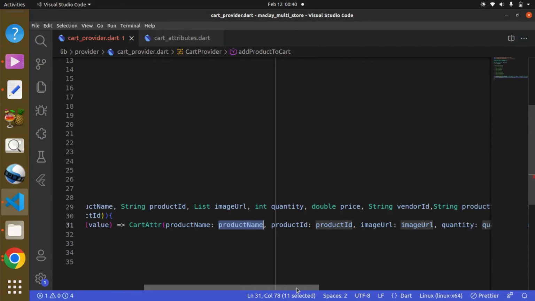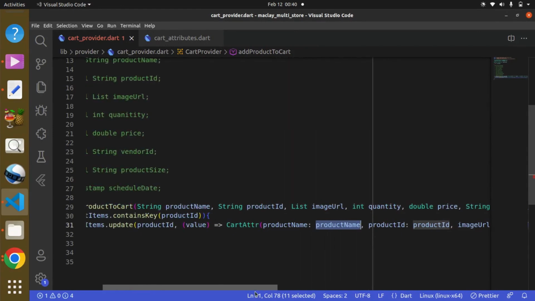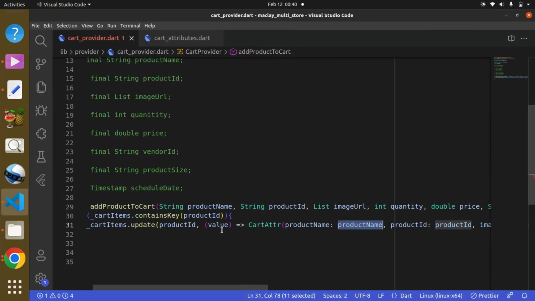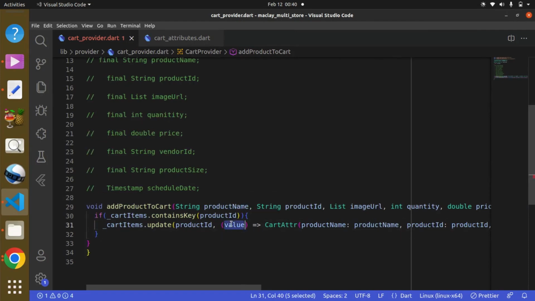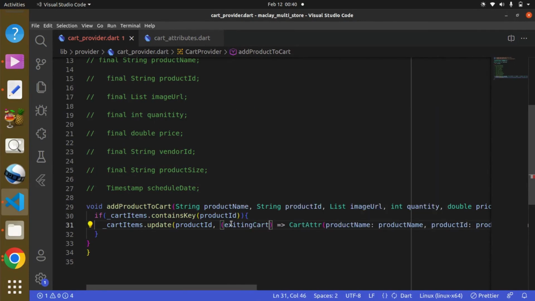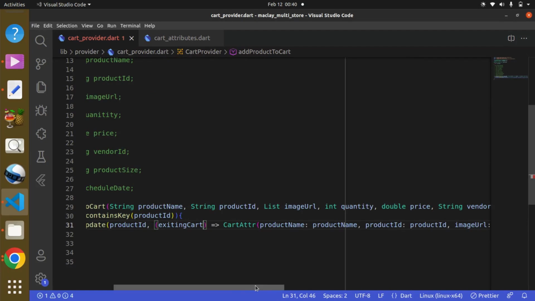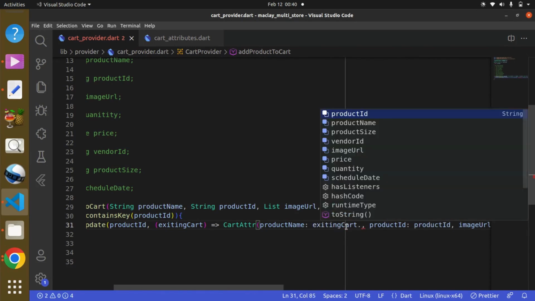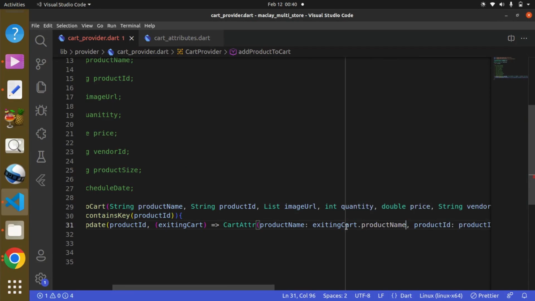But what we want to do is get rid of this value and rename it to existingCart. Now this is going to be existingCart, then .productName,